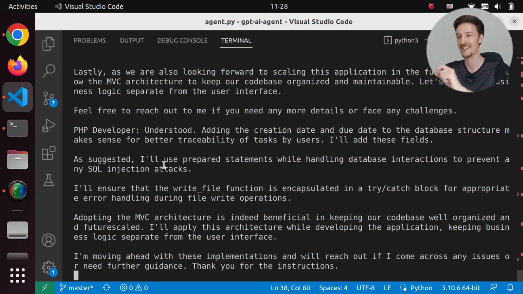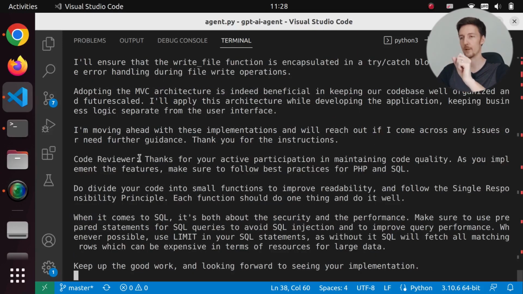Okay. I'll use prepared statements while handling database interactions to prevent any SQL injection attacks. Okay. Code reviewer, thanks for your active participation. Do divide your code into small functions to improve readability. And follow the single responsibility principle. Each function should do one thing and do it well.